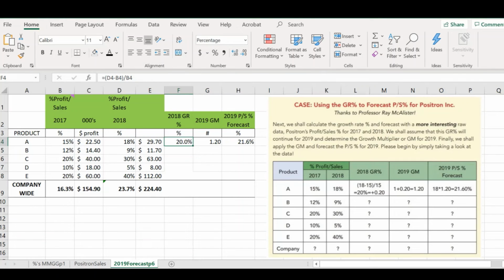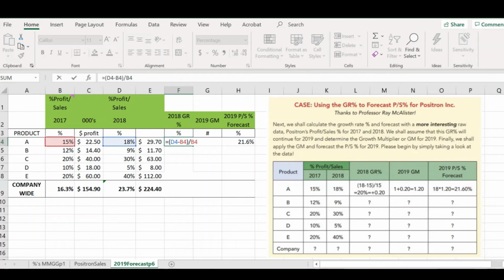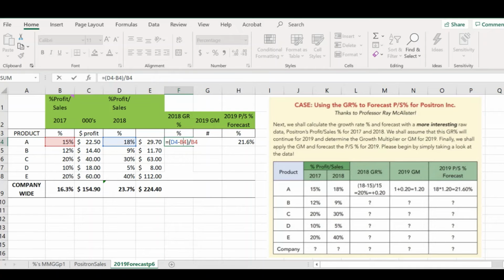If we're wanting to find the percentage growth rate, all we're doing is taking the percentage from one year, subtracting the percentage from the other year, and dividing by that previous year. That's exactly what we have as an example in our textbook. So now the point is we're only talking about percentage profitability, not percentage of total sales. Okay, so once we do that correctly,